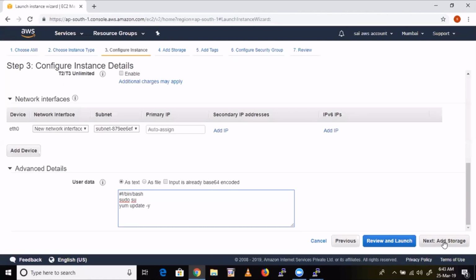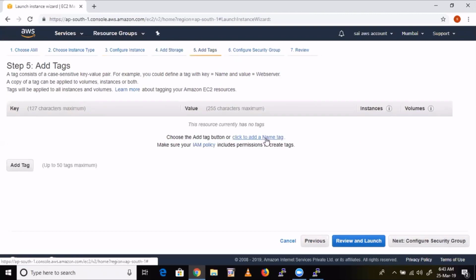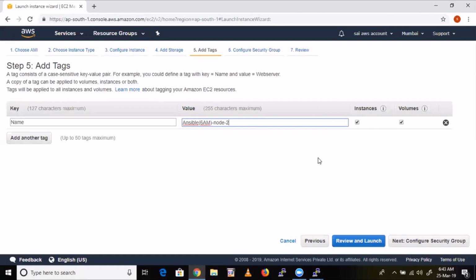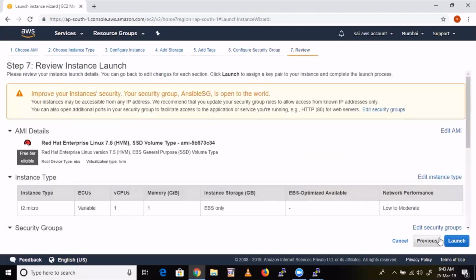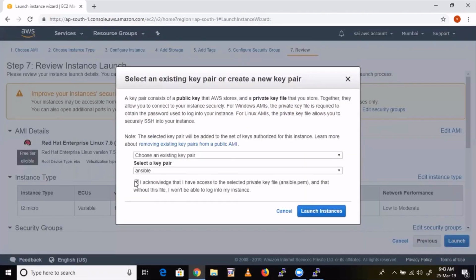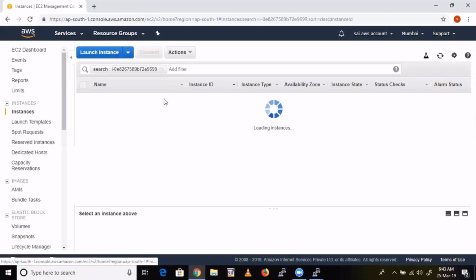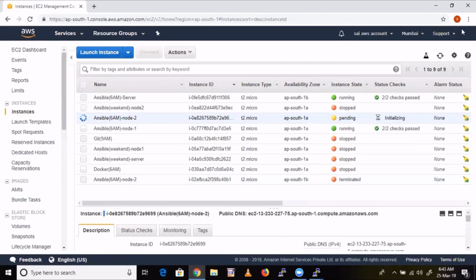Yeah, everything is fine. Now next, give a tag: Ansible node 2. Fine. Next, select this Ansible security group. Review, launch. Choose the same key pair. Launch instance. Now, fine. My machine is ready now.